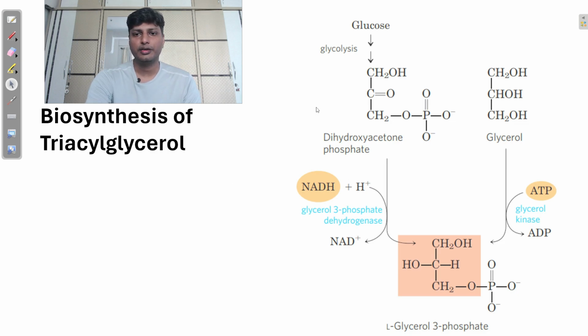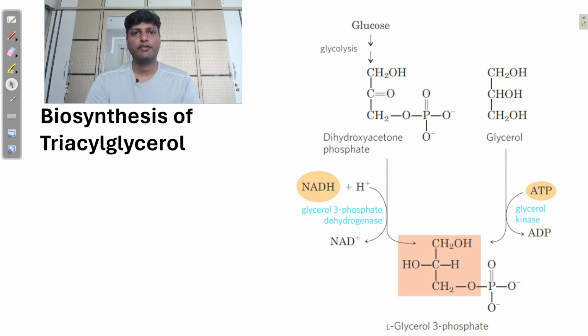As you can see here, glycerol is basically formed from one of the intermediates of glycolysis. In glycolysis, we know that glucose is broken down in a stepwise manner, and one of the intermediates is DHAP. DHAP stands for dihydroxyacetone phosphate. This DHAP can be converted into glycerol 3 phosphate by a simple reduction reaction, or the cell directly converts glycerol into glycerol 3 phosphate. So first you need to know that there is formation of glycerol 3 phosphate in the formation of phospholipid,